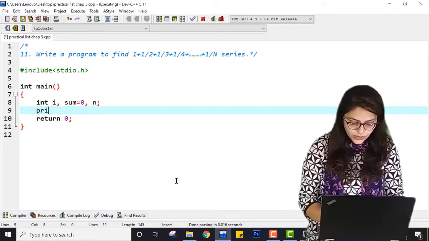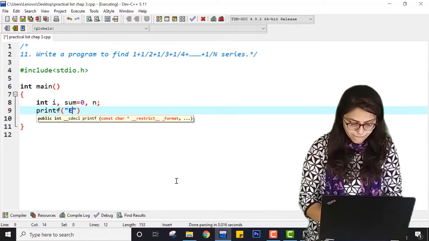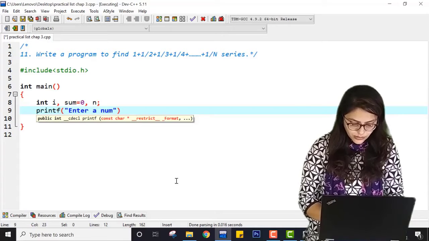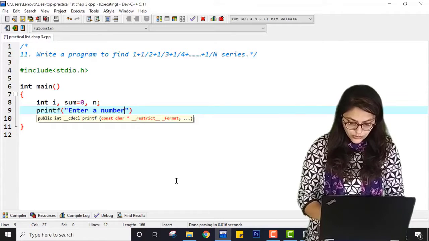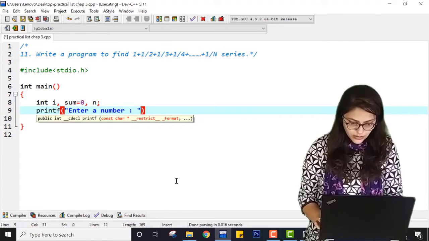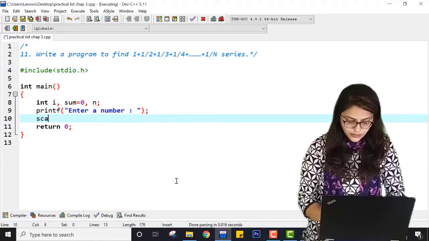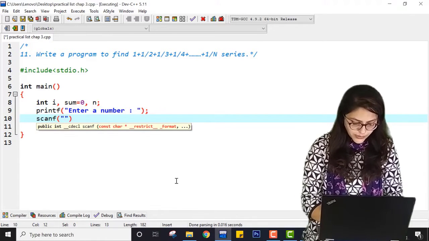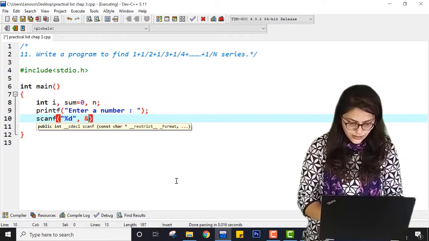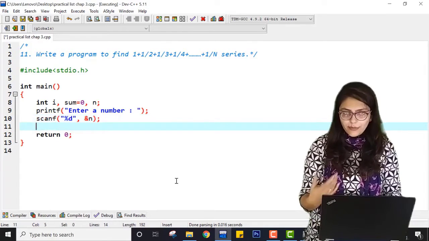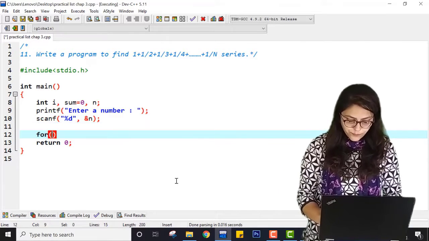Now I am telling the user to enter a number, so here it will be scanf %d and n. This is how the user will be able to enter a number.